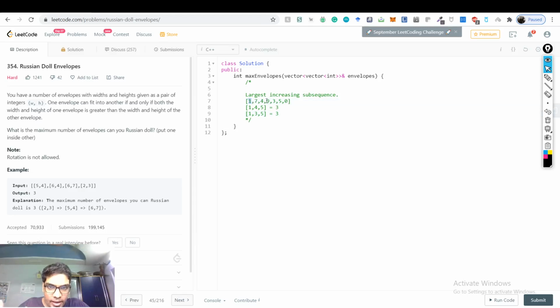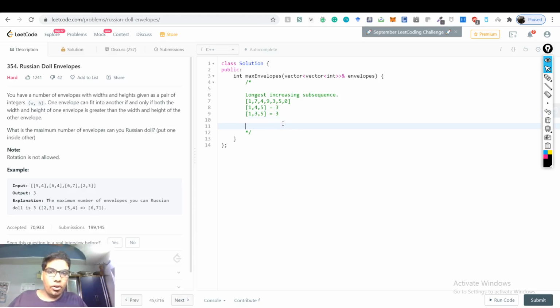So in the 1D case, we have this largest increasing subsequence, or the longest, if you like, whatever way you want to say it, the longest increasing subsequence. So it's like you have to do the same things. You have to find the numbers like 5, 4 and 1. So 1 goes into 4, 4 goes into 5. Exactly, that is what we need to do, but you need to do that in 2 dimensions, right?